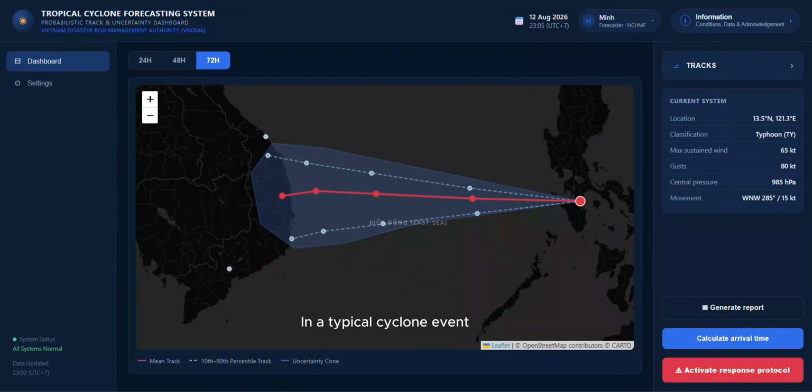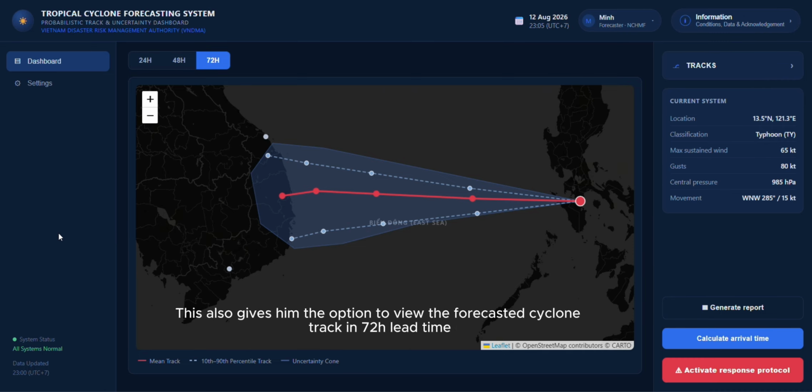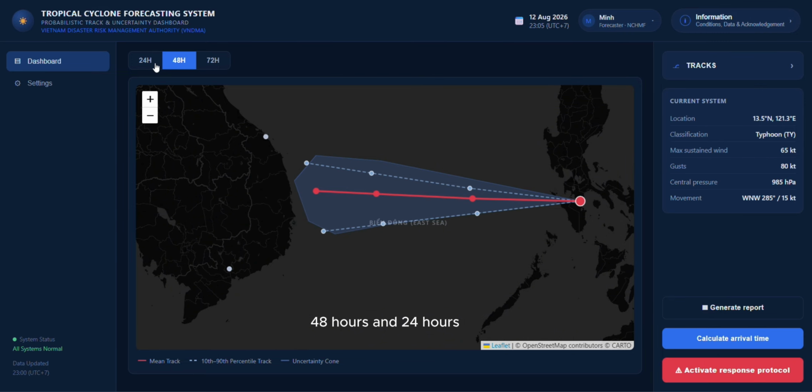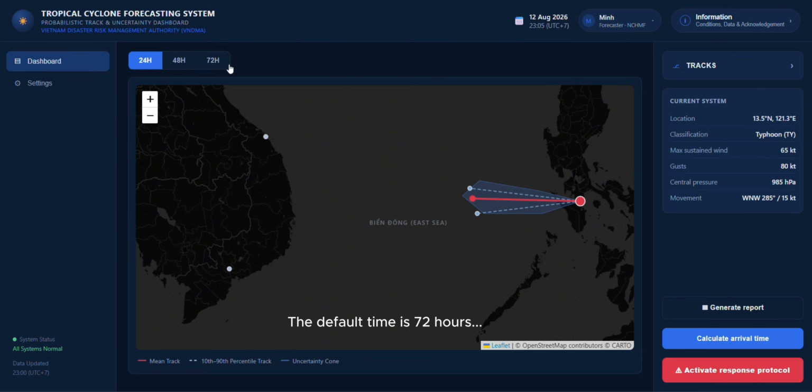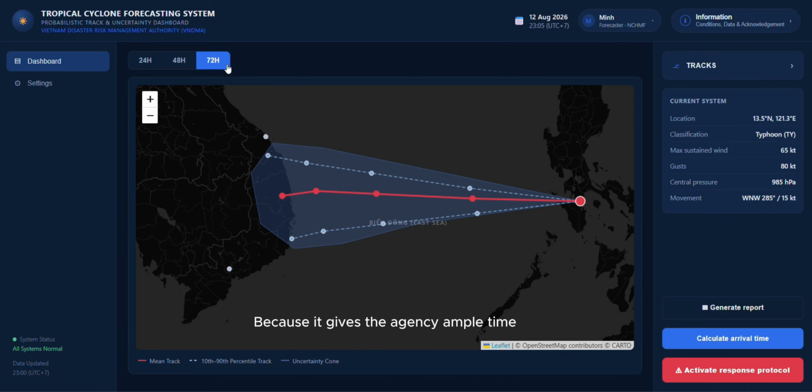In a typical cyclone event, the risk management officer can access the system and can view the current time and dates and also the last updated time of the system. This also gives him the option to view the forecasted cyclone track in 72 hours lead time, 48 hours and 24 hours. The default time is 72 hours because it gives the agency ample time to prepare and plan for